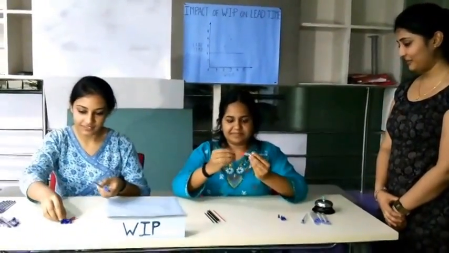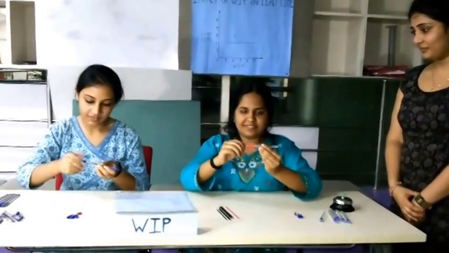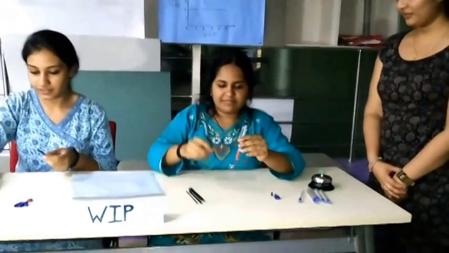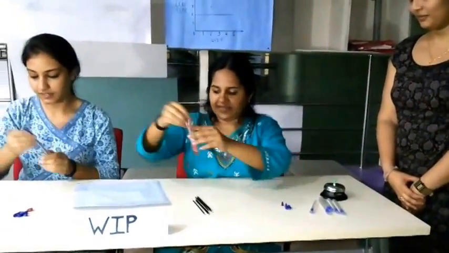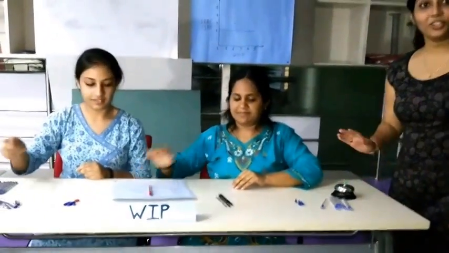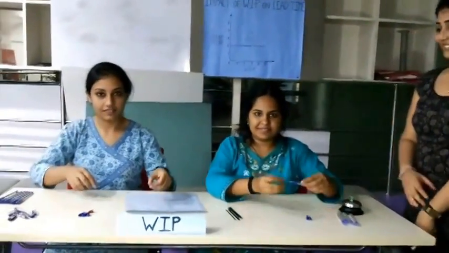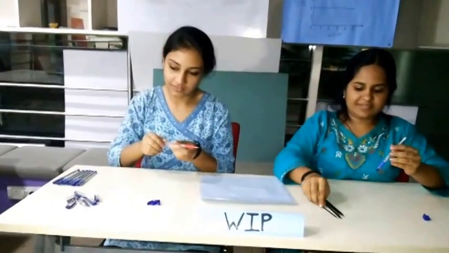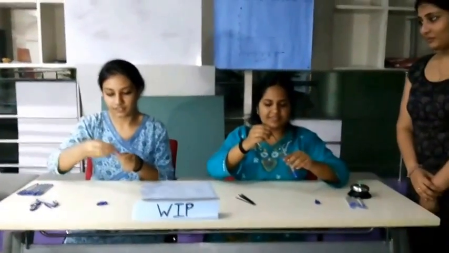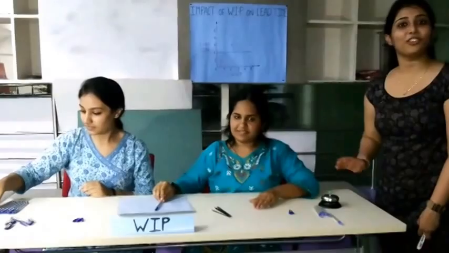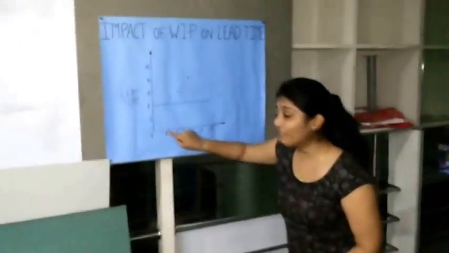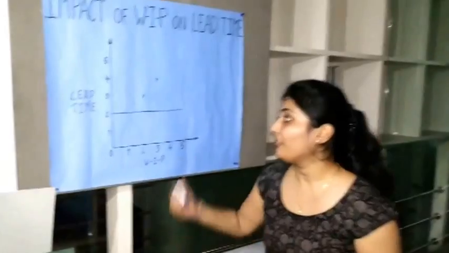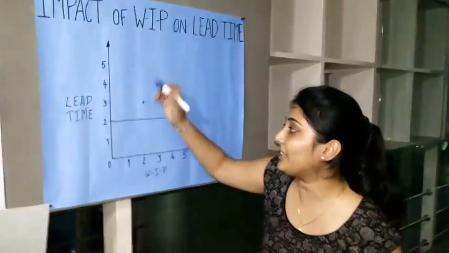The red pen has been picked up, it's being worked upon, the first operation is being completed, and it is being placed in WIP. But 1 unit of time has completed, and it's immediately being picked up. No waiting time at all and getting into completion. By now, 2 units of time have completed. Hence, we can see that when there is only 1 unit of WIP, we require about 2 units of lead time, which is over here.